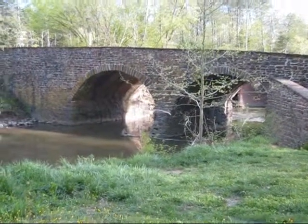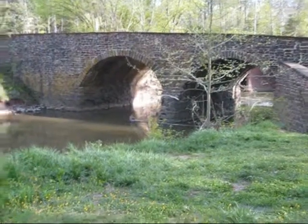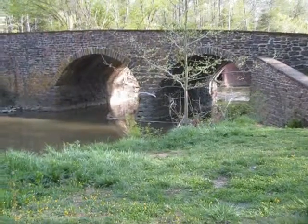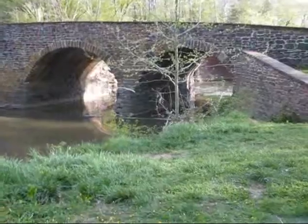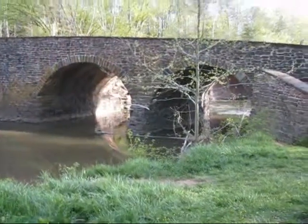Here it is. Last part of my tour, the famous stone bridge. And this is the stone bridge rebuilt. I have no doubt that some of this